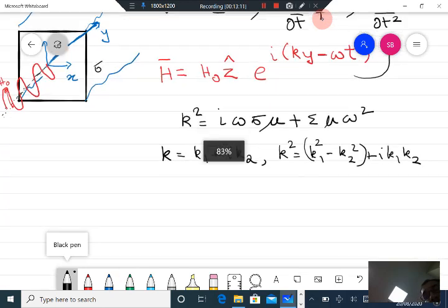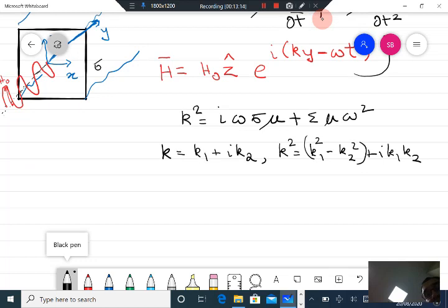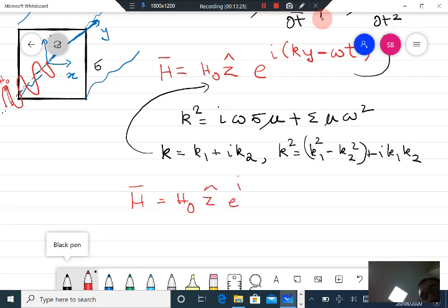And what you can see from here is that if you put k equal to k1 plus i k2 into this expression, then your magnetic field is of course H naught z cap e raised to i(k1 y minus omega t), this is the real part, into e raised to minus k2 y. The imaginary part